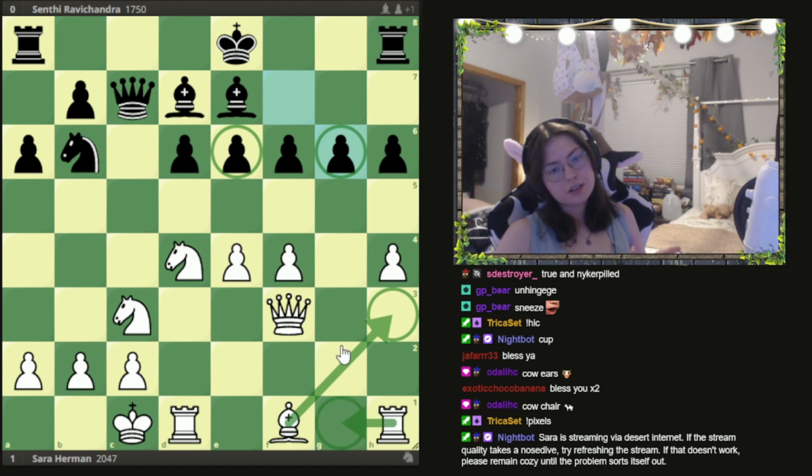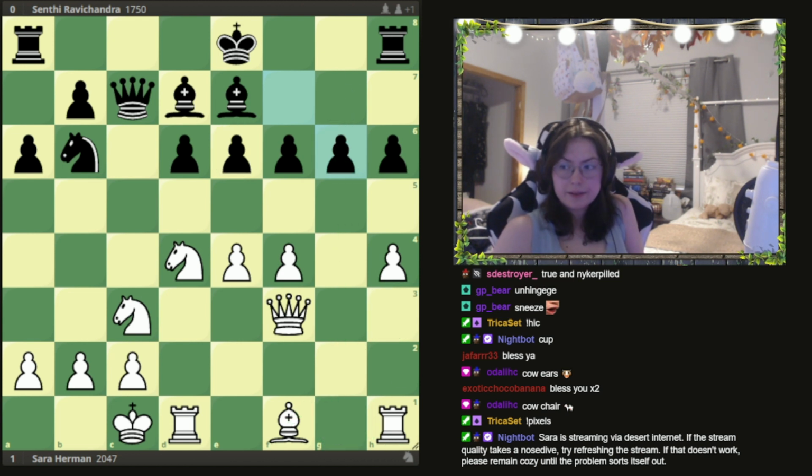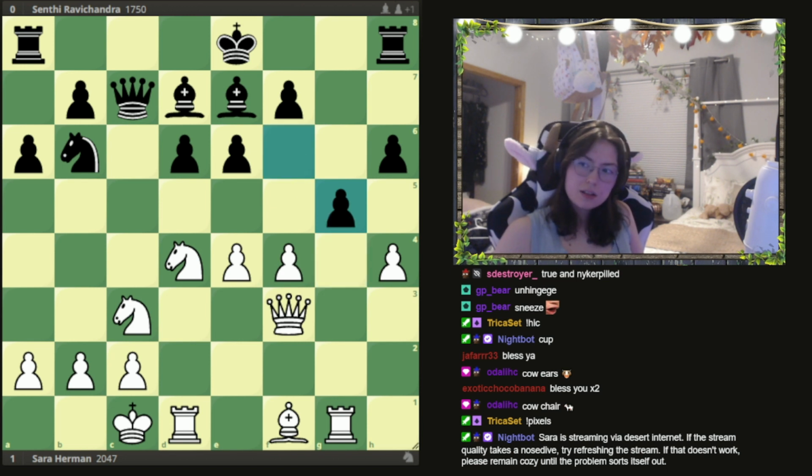But it's just letting him have way more options when I play rook g1 first. But for some reason, I thought I had to defend the pawn before I did that. So, I played rook g1, bishop d7, now I play g5. But now it's not as good because after takes,